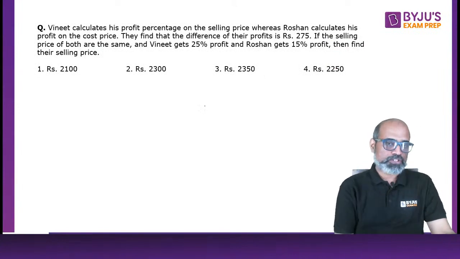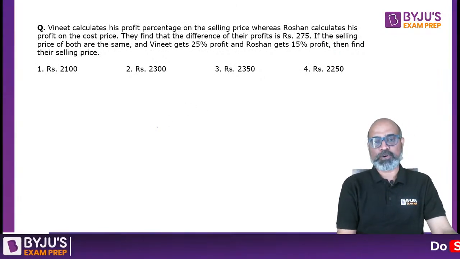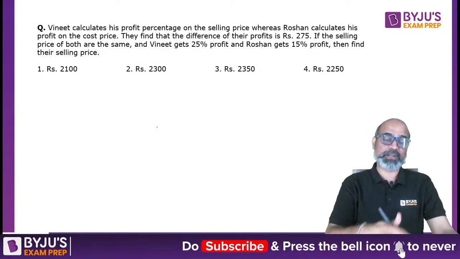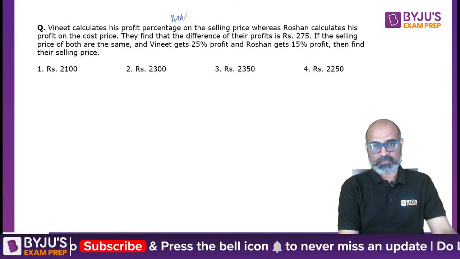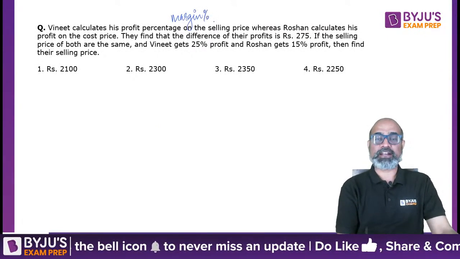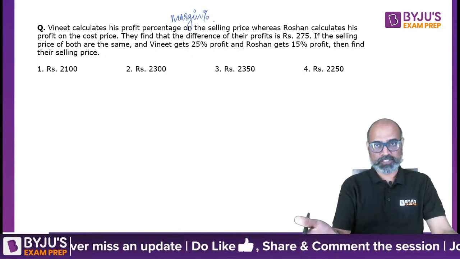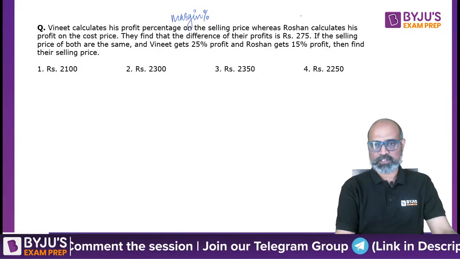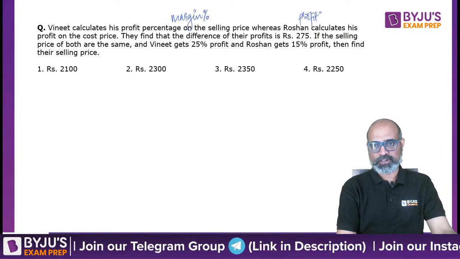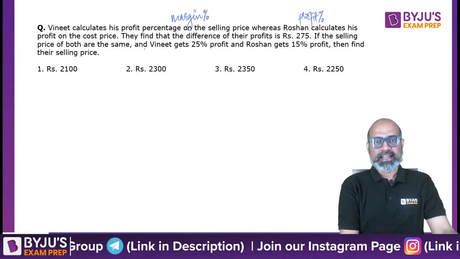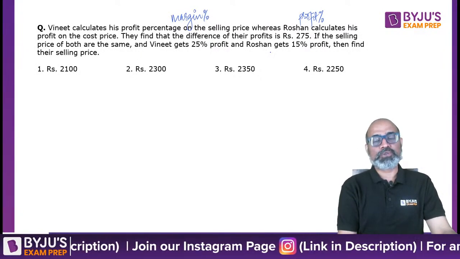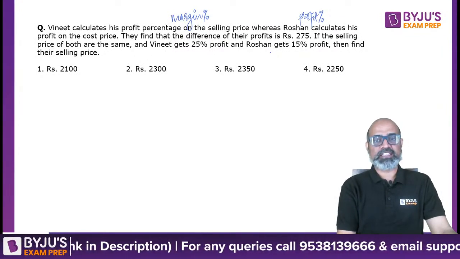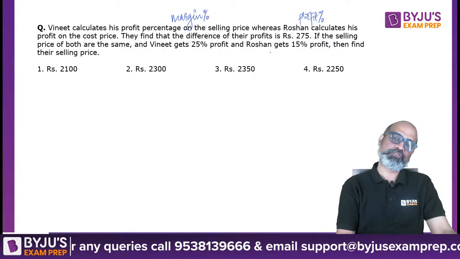Okay. Next question is Vinith calculates his profit percentage on the selling price. So whenever you calculate profit percentage on the selling price, that is called margin percentage, right? And when you calculate it on cost price, that is known as profit percentage. Whereas Roshan calculates his profit on the cost price. So Roshan is calculating profit percentage, Vinith is calculating margin percentage. They find that the difference of their profits is rupees 275. If the selling price of both are the same and Vinith gets 25% profit and Roshan gets 15% profit, then